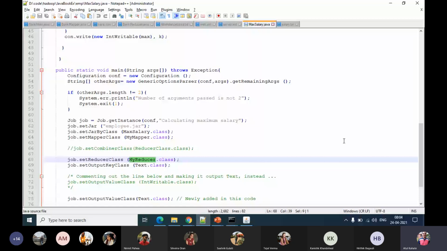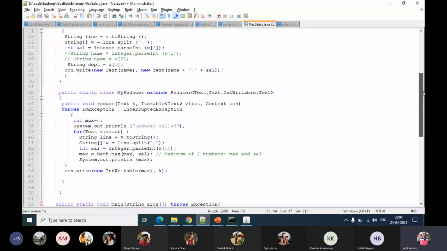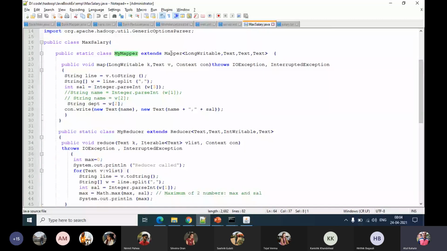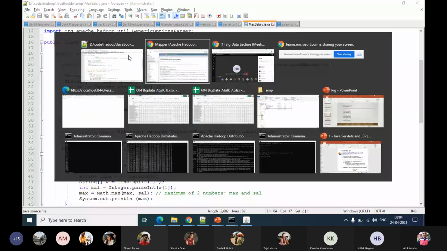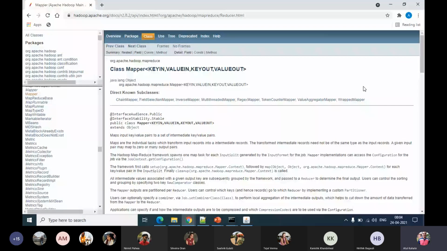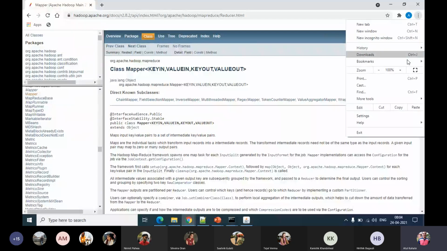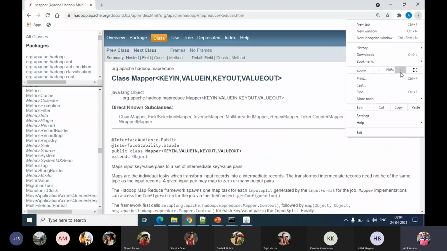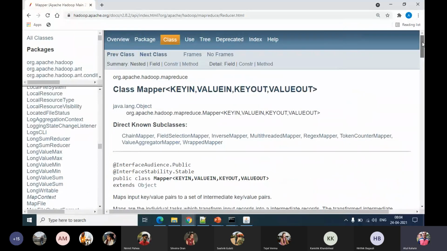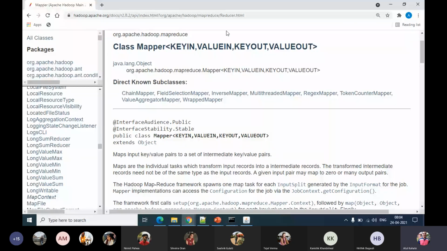So now let's take a look at what this mapper class is all about, from which we extend our my mapper class. What is the package in which it is defined?